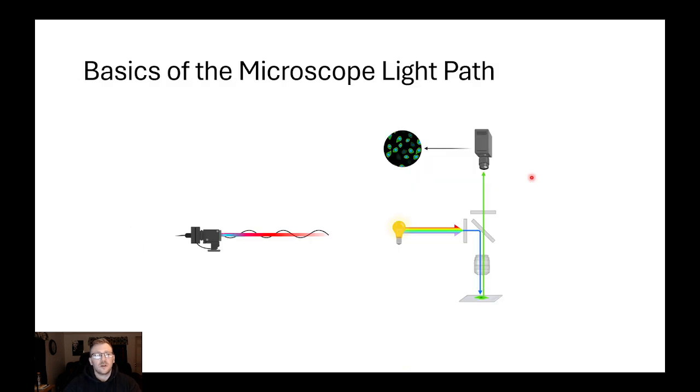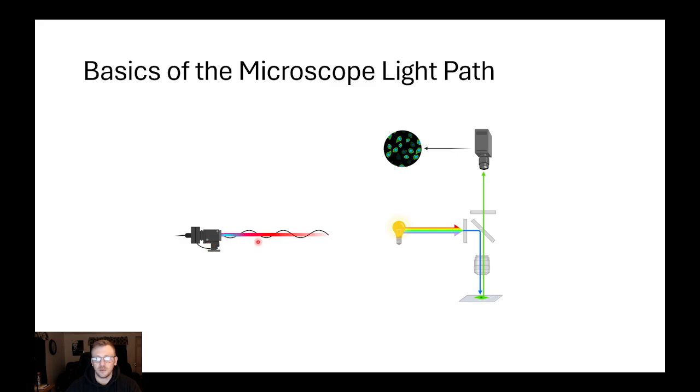So to get started on the actual functionality of a microscope, we need to talk about the light path a little bit. This is a very basic schematic of a light path that I drew up. So we're going to start with some sort of a light source. That can be white light, like from a halogen bulb, or it can be a laser,